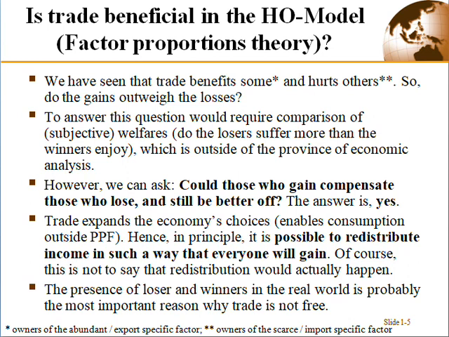If the answer is yes, then trading between the two countries becomes very possible. So trade expands the economic choices of different nations. Otherwise, the country will be consuming only what they have produced. But by the time you allow international trade, people are able to import things they don't produce. Hence, the principle that it is possible to redistribute